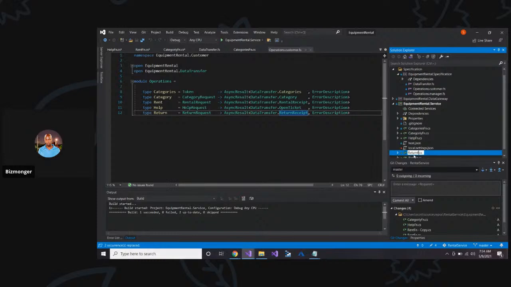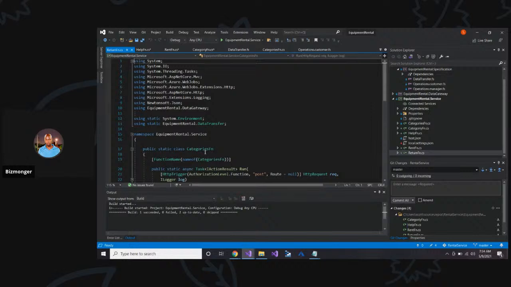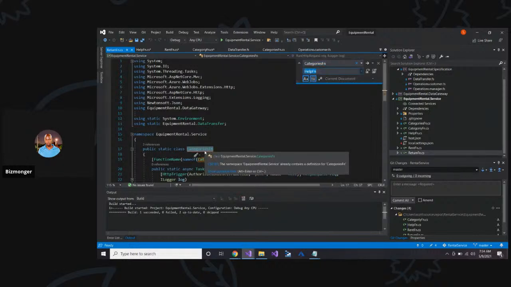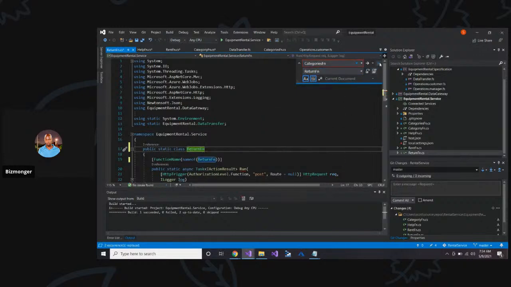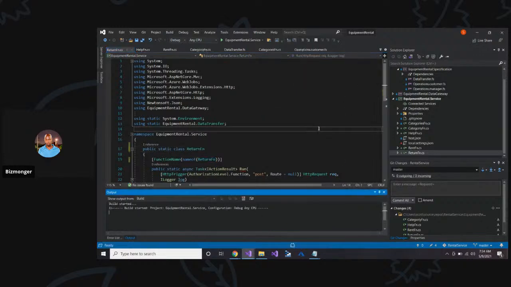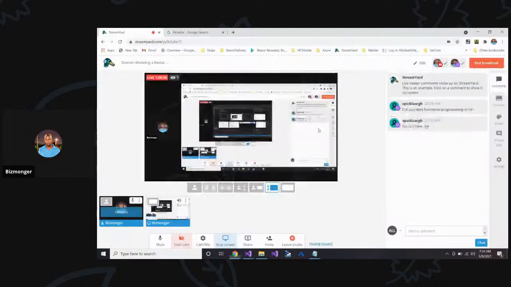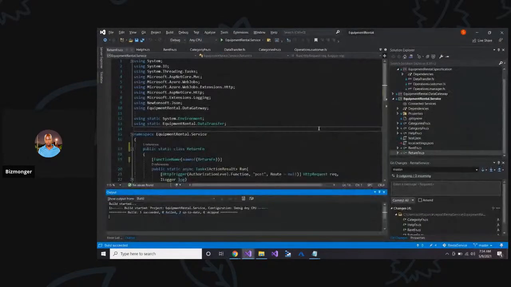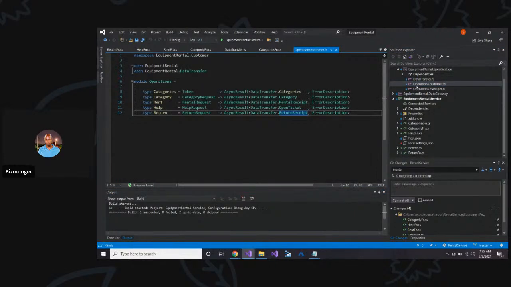Return function. So then we could say return function. Okay. So that was for customers. And then the other one is,